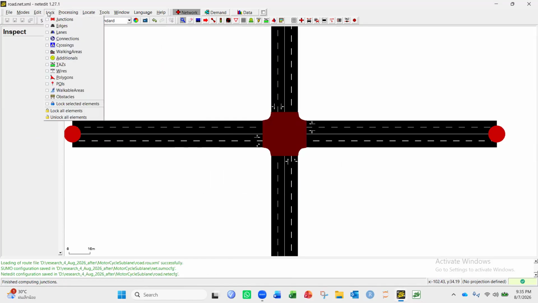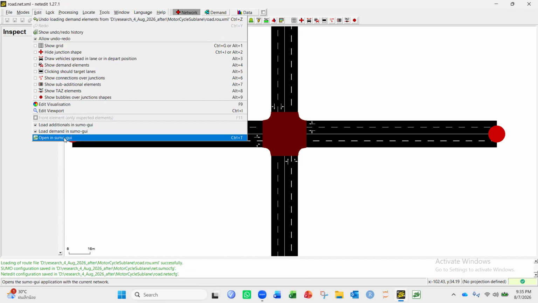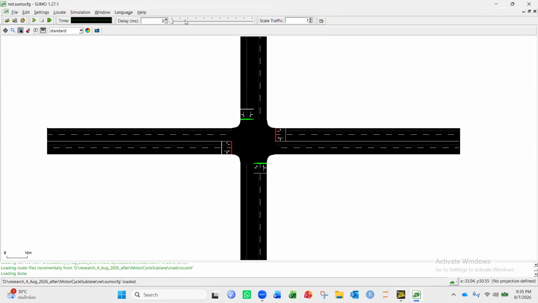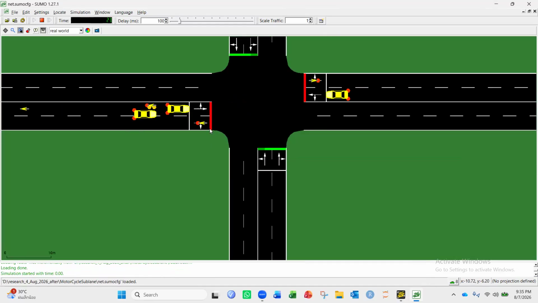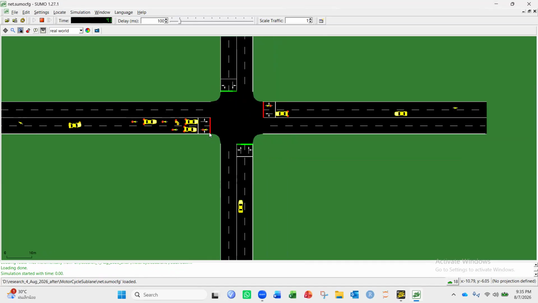Then again go to edit, open in Sumo GUI, make delay 100. Then from the drop down select the real world. Now run this simulation.